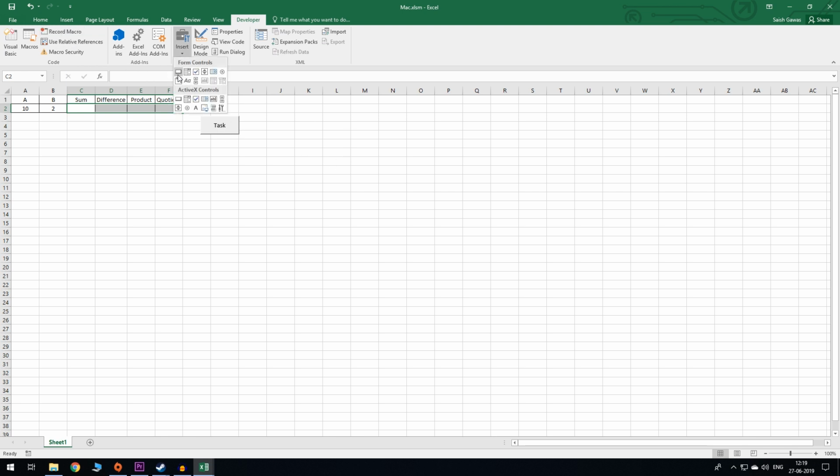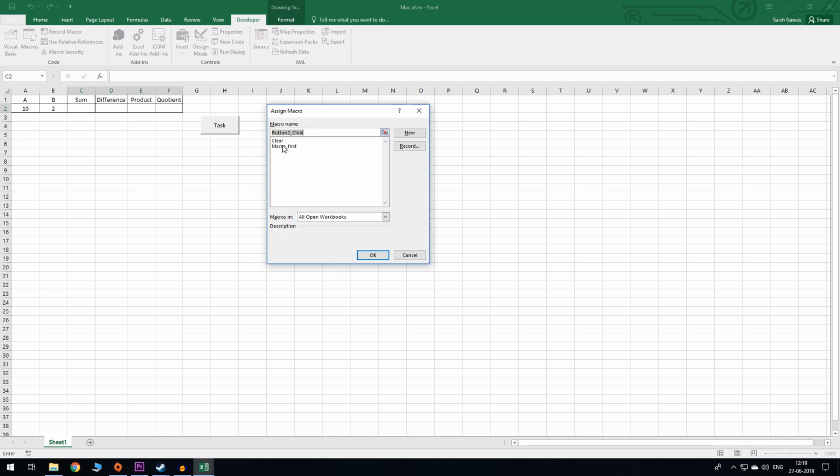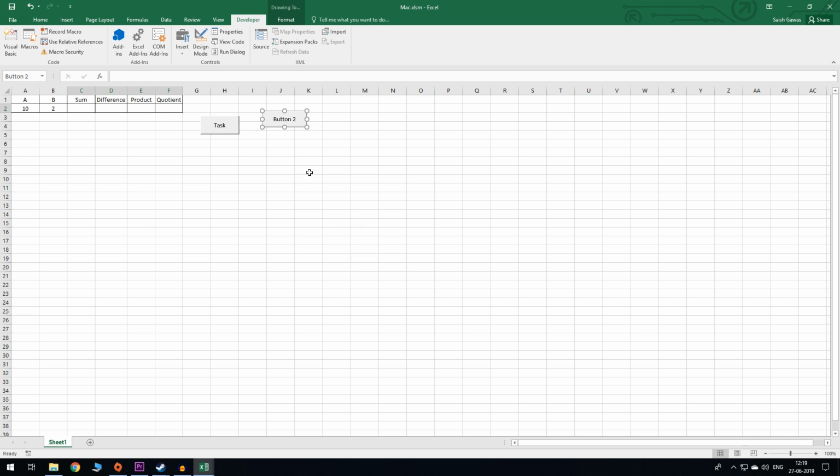Now if I go into my insert button and I can see clear has been created, I'll just assign clear to this particular button, and I can just rename it to clear here. So what this is going to do is just going to clear any particular values in this particular field. So I'll go ahead and hit task again. The moment I hit clear, it should go. So as you can see,